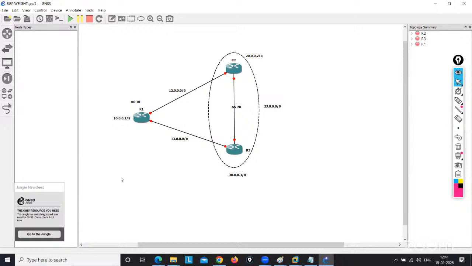We'll do the lab on this. I have 2-3 labs. So what we need to do: local preference we need to do, AS path we need to do, MED we need to do. Okay. So in the Anchor part, I will let you know a very small diagram.